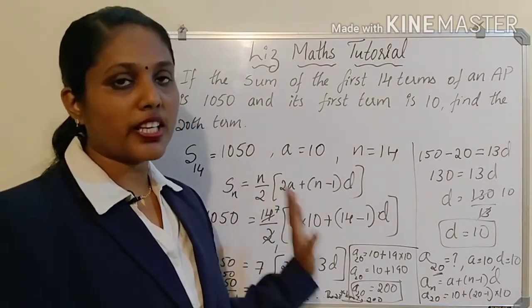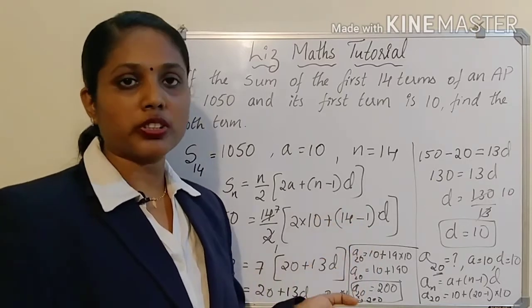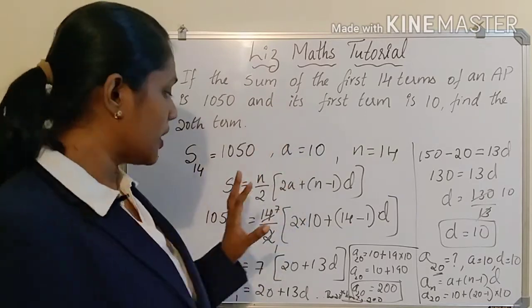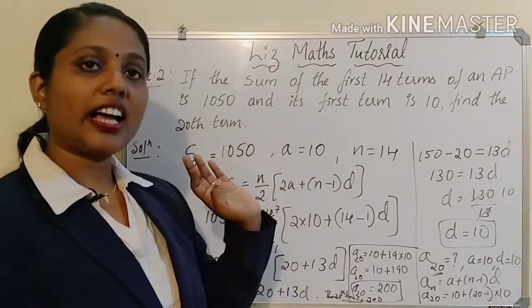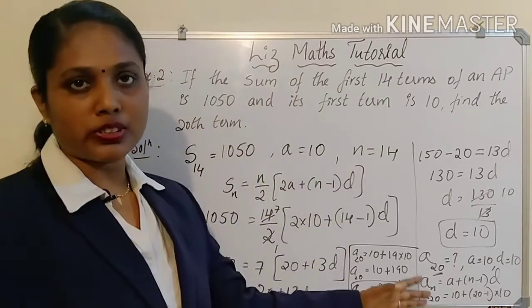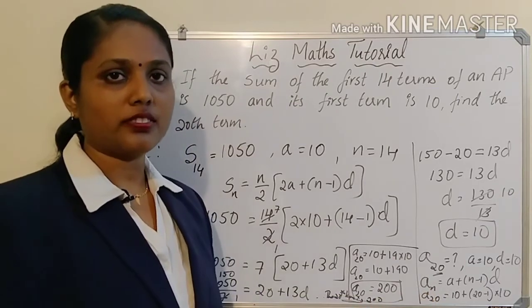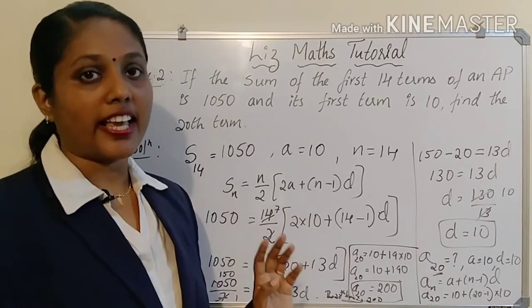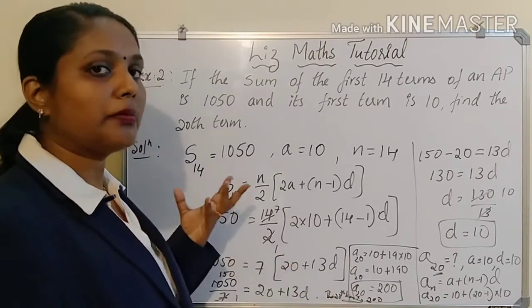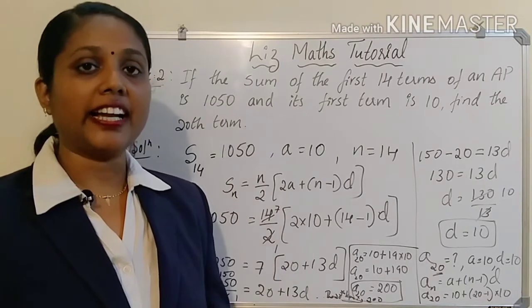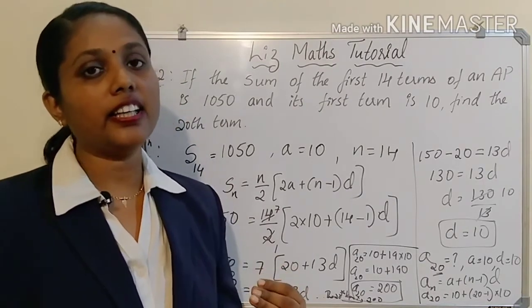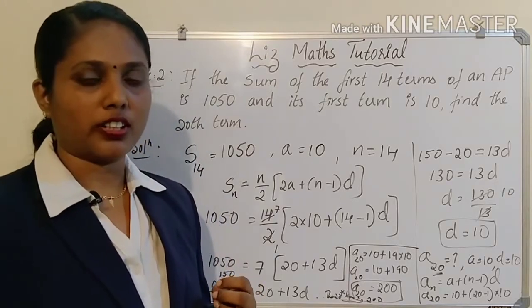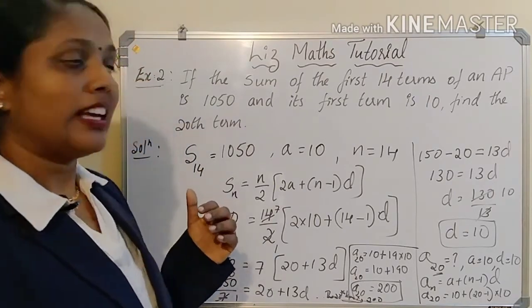Don't get confused with these two formulas, which formula where we have to use. So think that when they give particularly the sum, you have to use this formula. When they ask you to find the term, you have to use this formula, an. A represents the term, isn't it? A1, A2, A3, etc., A nth term. So sum is nothing but the total. When you are adding all the terms, that is the sum of the terms. I hope you understood. Now move on to the last example.